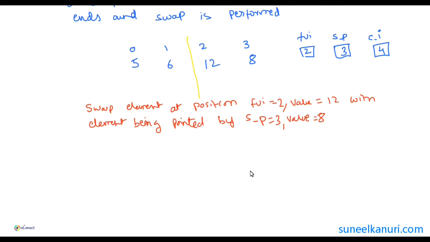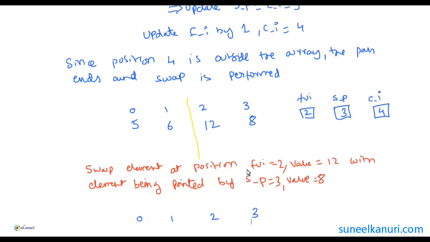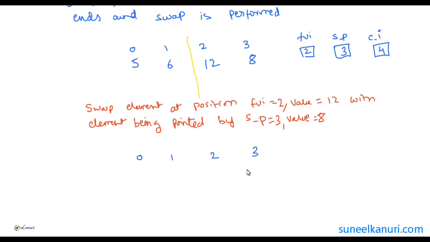So with that said, we're going to write down what we are going to swap. 0, 1, 2, 3. Just a second, guys, let me be consistent. Okay, with that said, 0, 1, 5, 6, and here is going to be 8, and it's going to be 12. So we are essentially swapping the value at position 2, which is 12, with the value at position 3, which is 8, and that would lead us to